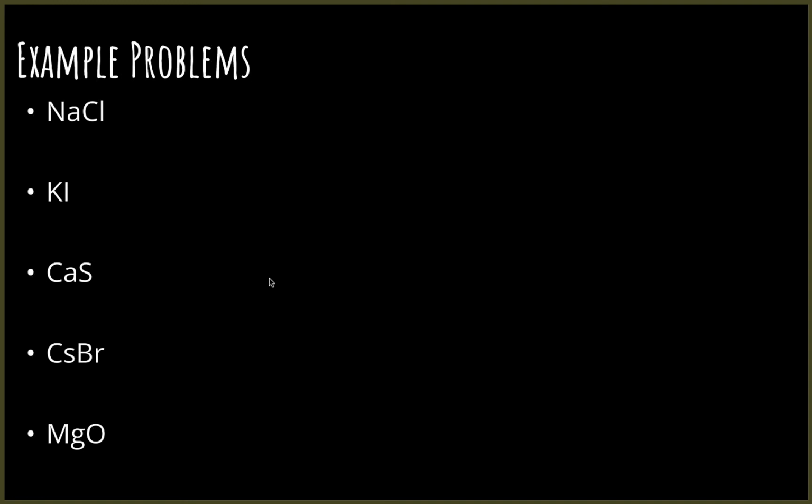Okay, so let's do a couple of example problems. The cation is named first, which is going to be your metal. The anion is named second, which is your nonmetal. Basically, we're taking the name of the first element, dropping the ending on the second element, and adding -ide. So the first one would be sodium chloride,